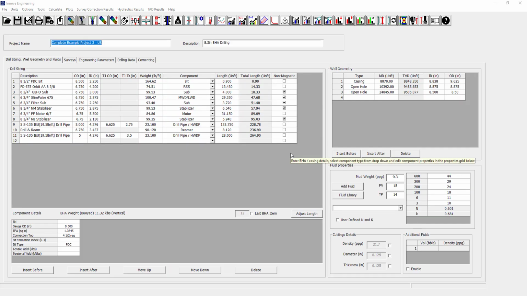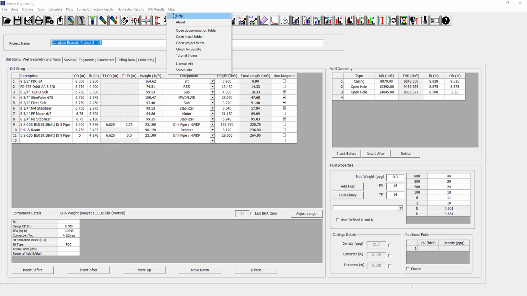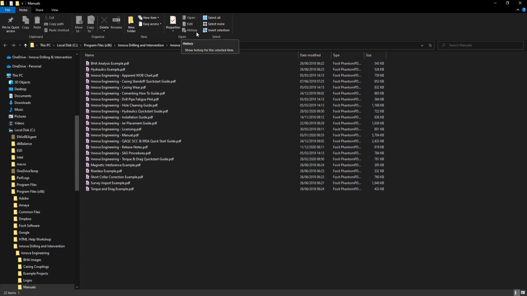Before I start, I just want to go over some of the other resources that we have available. So there's always the help file. Just go to Help and then Help. If you get stuck on what a particular input field does or a particular option, the best place to look is usually the help file. In the documentation folder, so if we go to Help and Open Documentation folder, we have some extra guides in here,